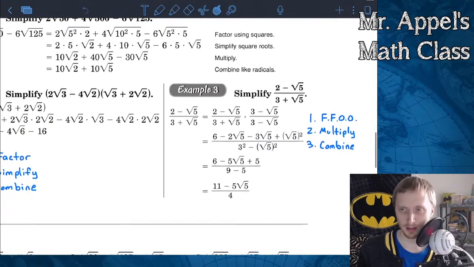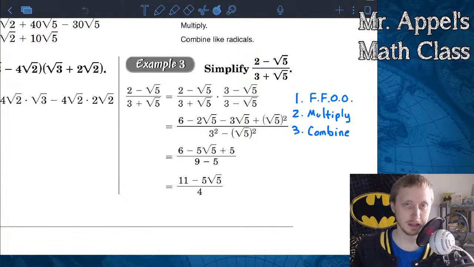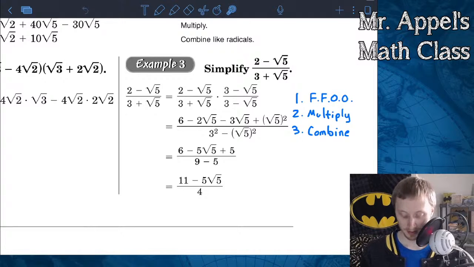Division is the trickiest. Division is where we got to bring in something new here. And that is you got to get rid of this thing in the denominator, but it's being added to something else. I can't just multiply by square root 5 over square root 5. So I got to get really fancy. Right? We're still going to multiply by a fancy form of 1, except our fancy form of 1, that's this guy right here,